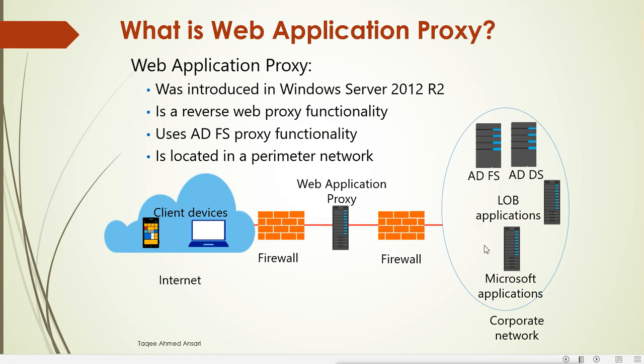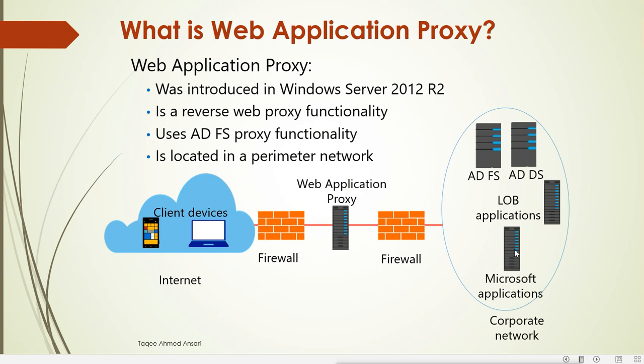Now if we don't have the web application proxy server, then these clients have to cross these two firewalls, and we have to allow them to enter into our internal network. But remember, they are not our domain members, they are not our clients, they are third-party vendors. So we don't want them to come into our internal network and access this web application server to get the ADFS services, because ADFS authentication services can only be accessed through this web application.